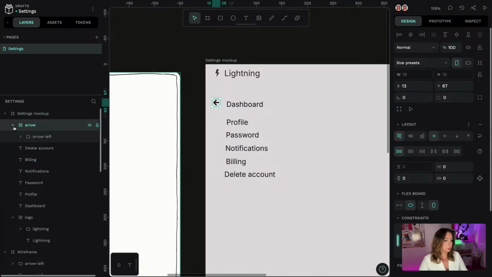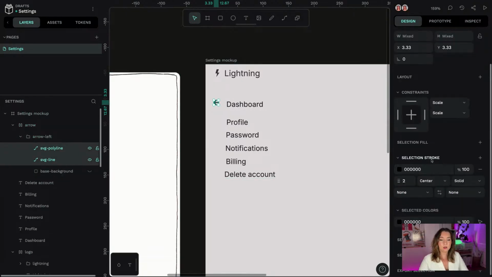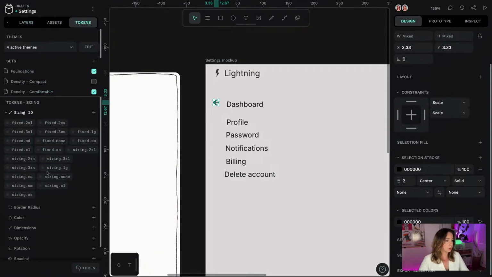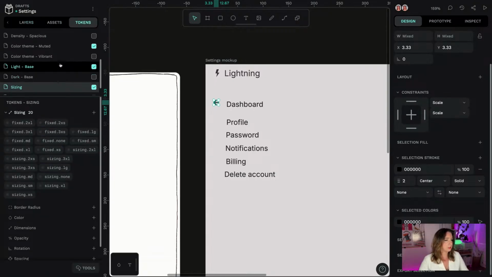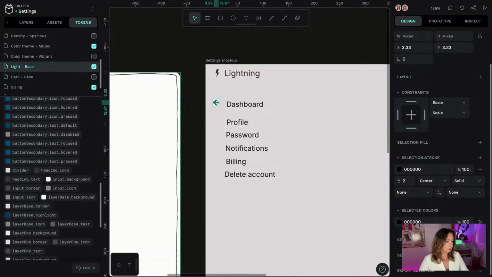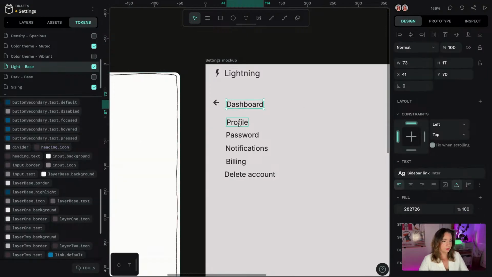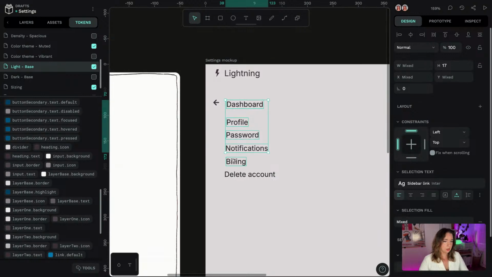And I'm going to change the color of my arrow. This is actually an icon that uses strokes instead of fills, so I need to be aware of that as I'm applying the token. And I'm going to add, let's do the same as the heading icon color for that, and that's being applied to the stroke. And these links,